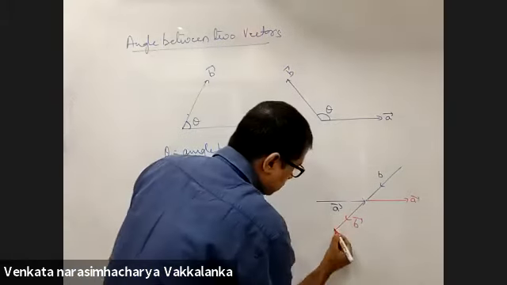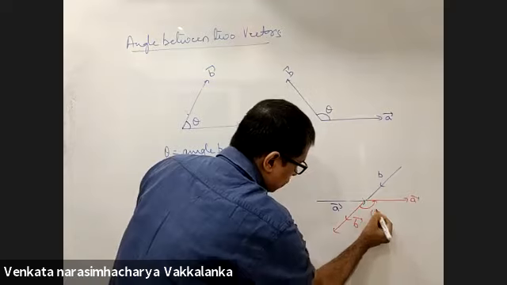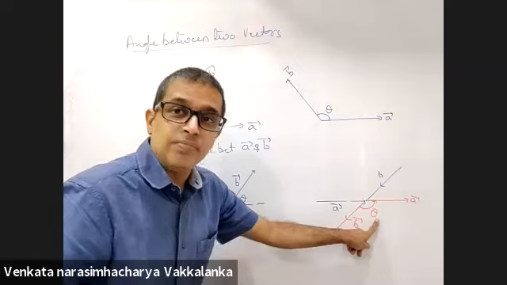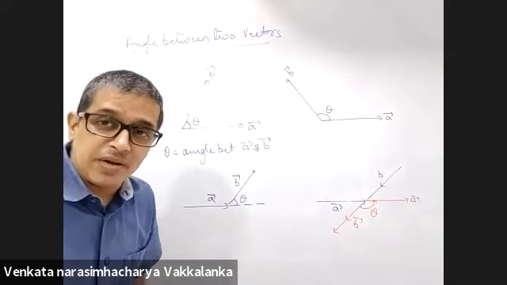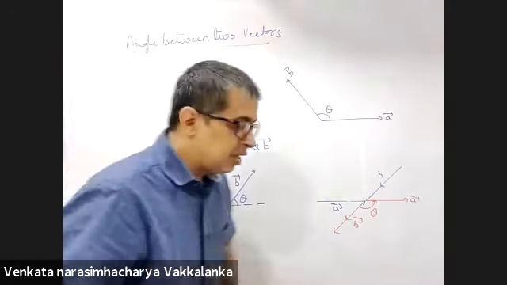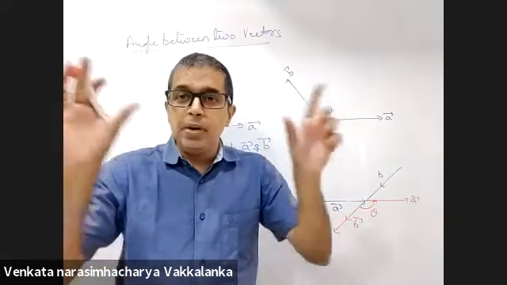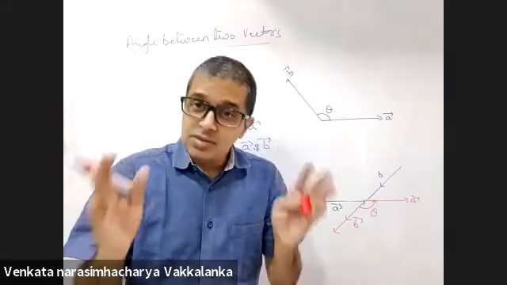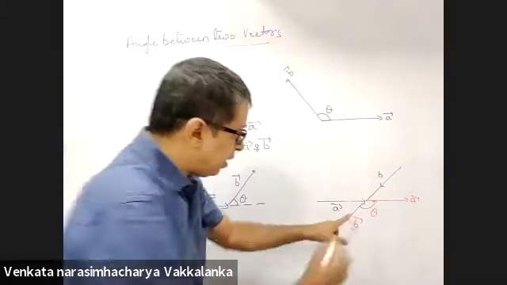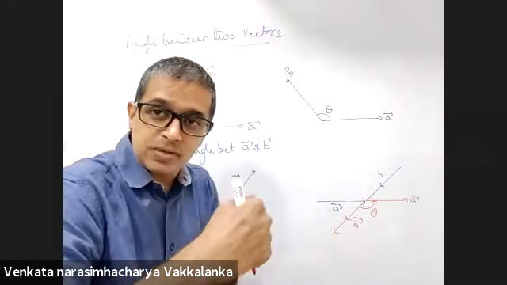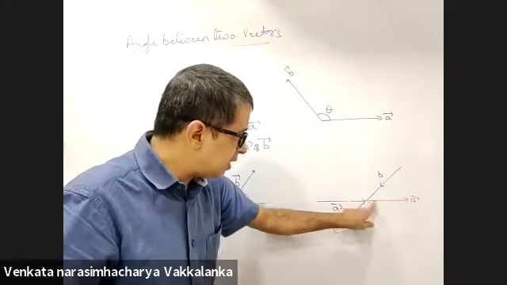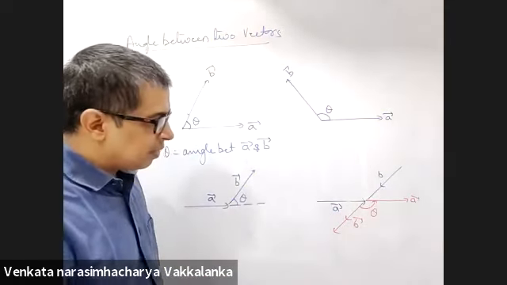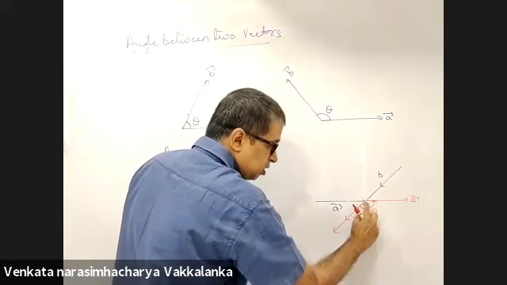Now, the smallest angle by which B should be rotated so that it is in the direction of A is theta. This will be the angle between the two vectors. So the easiest way will be to bring the tails of both the vectors at one place. Translate the vectors in such a way. If the heads were at one place, that will not help you. Bring the tails at one place. I brought the tail of B and the tail of A to this place.